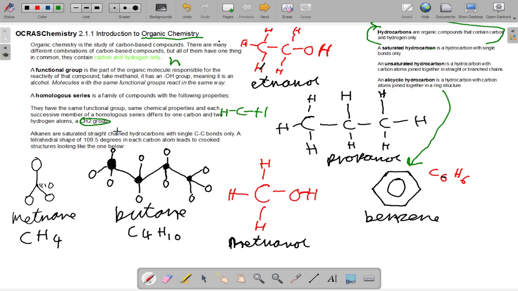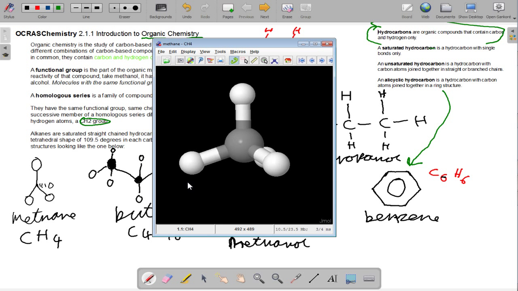Alkanes are saturated straight-chained hydrocarbons with single carbon-carbon bonds only. A tetrahedral shape of 109.5 degrees in each carbon atom leads to a crooked structure that looks like the one below. So, if we take a look at what one looks like, this is methane, and if I just show you